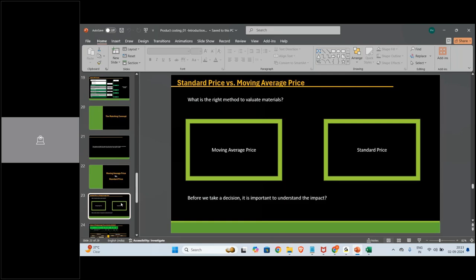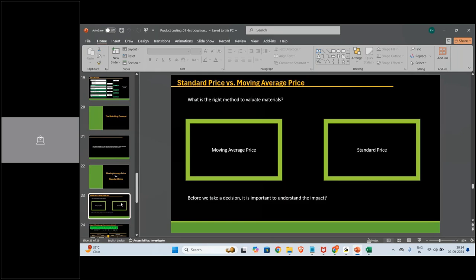I will compute it with the planned rate, and when the costing is happening along with the production, it is called simultaneous costing. And at the end of the month, when I have the actual quantity and also the actual rate information, then I will compute the actual cost. That is when I will take all these variances and transfer them to the appropriate finished goods. So that is part of actual costing.